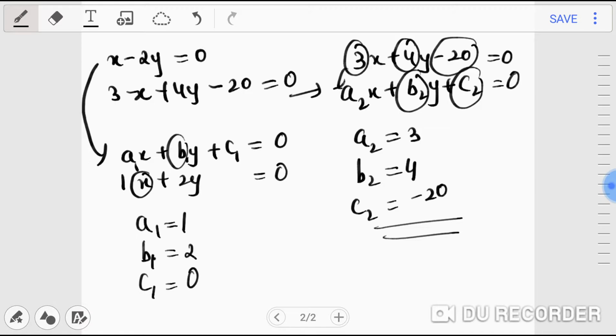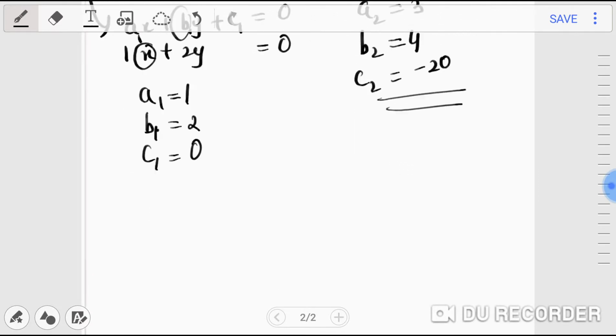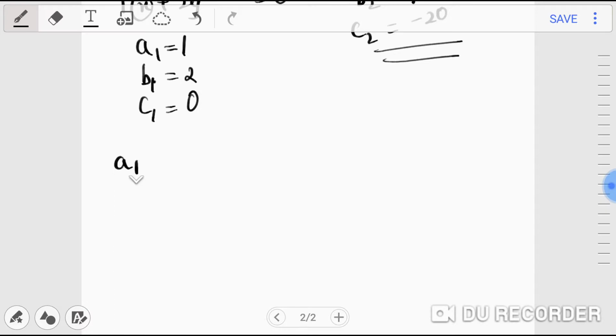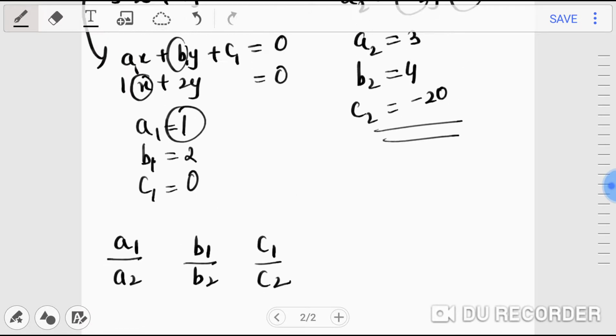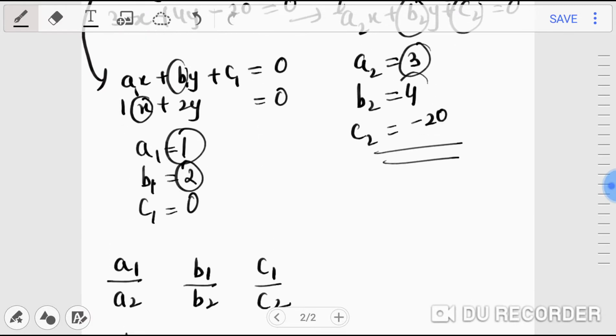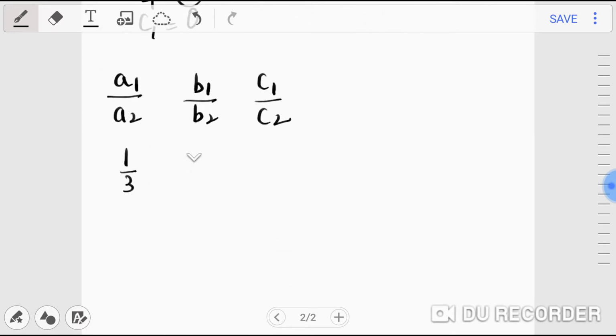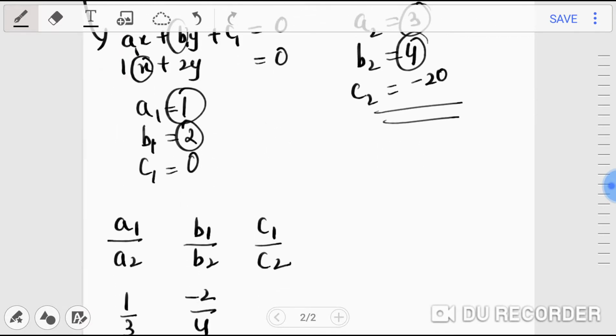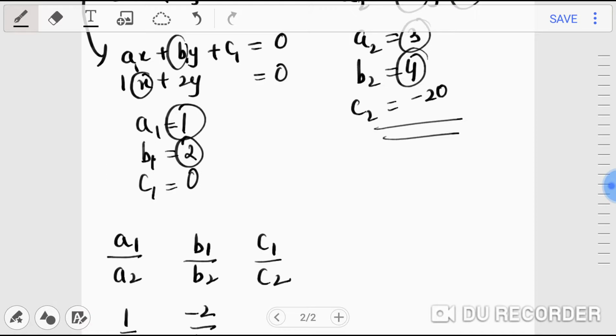Now my dear kids, you have to understand. You have to start comparing. How will you compare? You have to make the ratios. Make the first ratio a1 upon a2, the second ratio b1 upon b2 and the third ratio c1 upon c2. So take a1 and a2, so that is 1/3. And take b1 and b2, so that is 2/4. And take c1 and c2, here it is